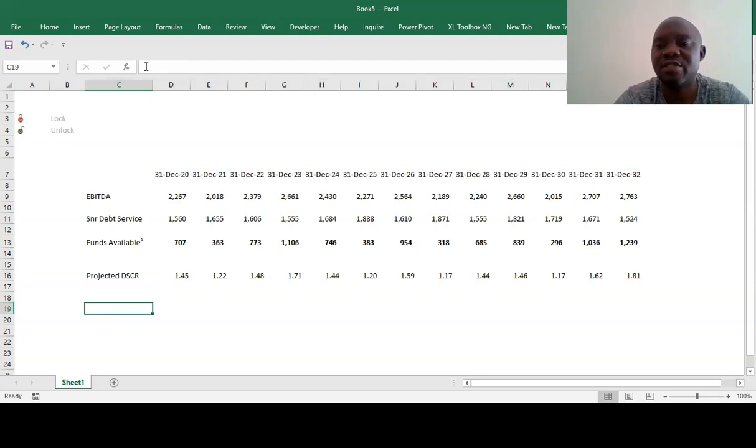Based on the simulations you have done, the scenario that you are using, obviously you have different scenarios. The maximum could even go to 6 or so on EBITDA scenarios. Then there's this issue of, are you using your P90 or P50? Mostly the others would go for P90, the probability. But then you can create so many possible scenarios.